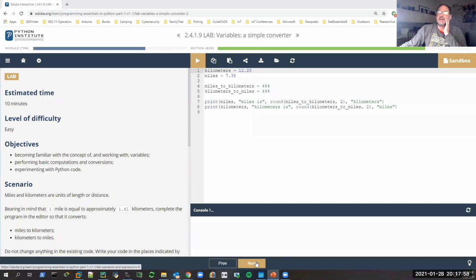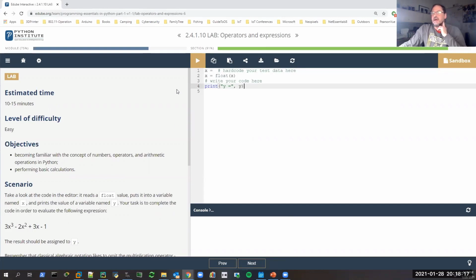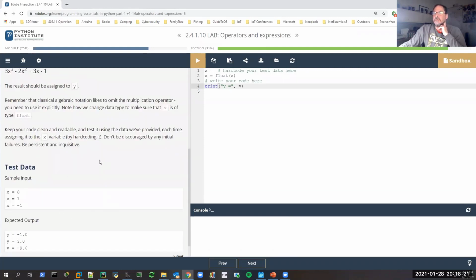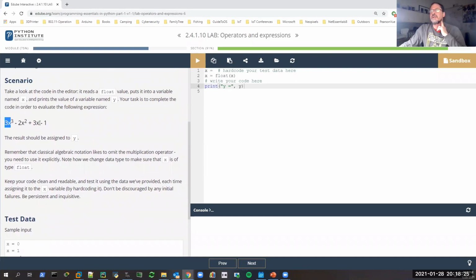Okay, so these are the labs at the end of the module, and this is the one that I have you do as an assignment. In the assignment, you basically write the necessary code, and it tells you what to do over here. You basically duplicate this